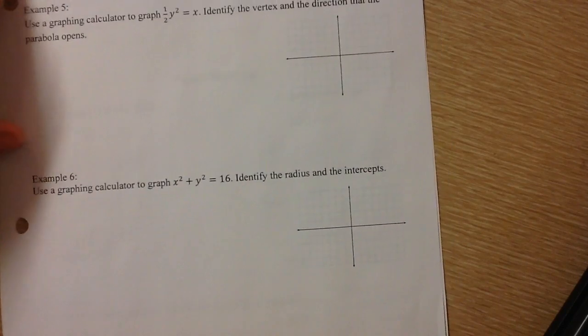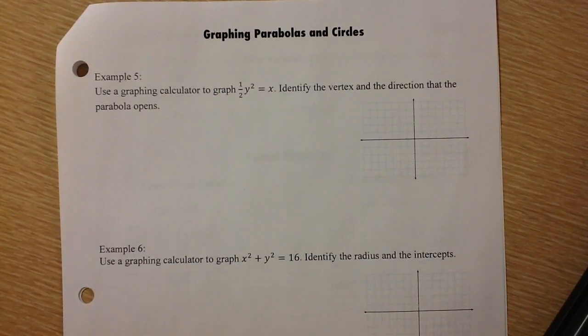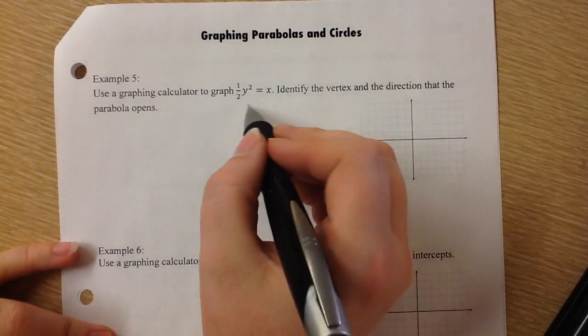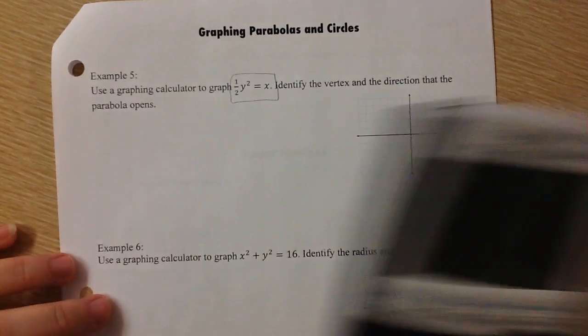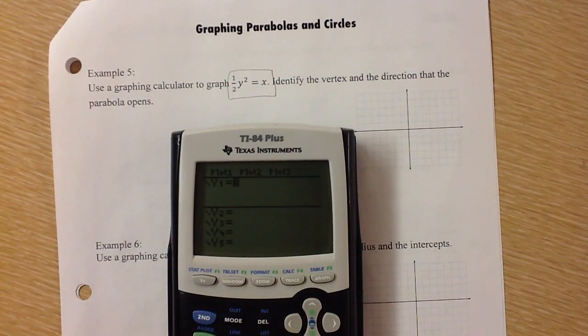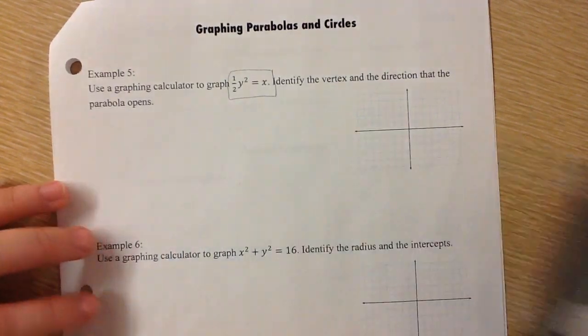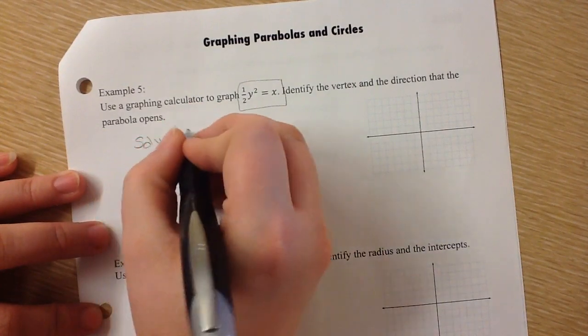Okay, this last little bit is graphing parabolas and circles. What makes these interesting is these new parabolas. If you notice, this isn't a y equals. Your calculator can only graph things if they say y equals. So I have to get it to a y equals first. Okay, so I need to solve for